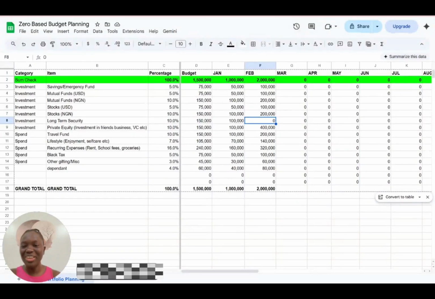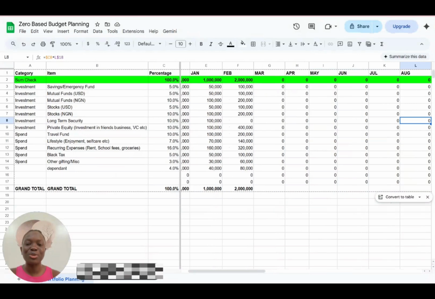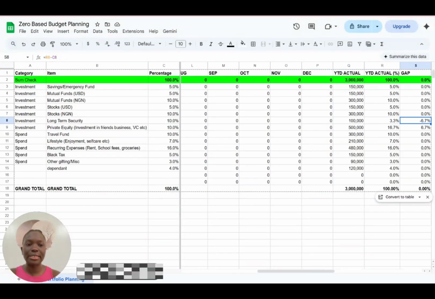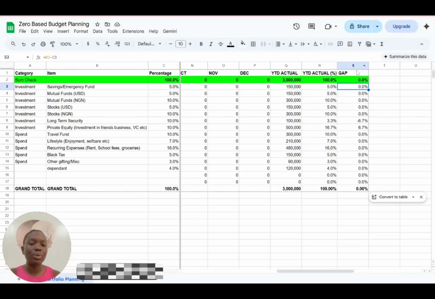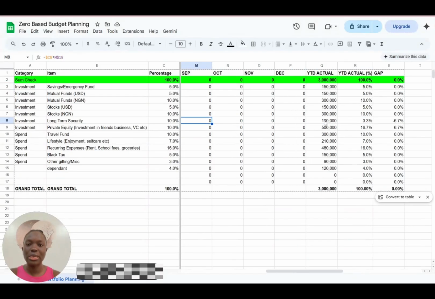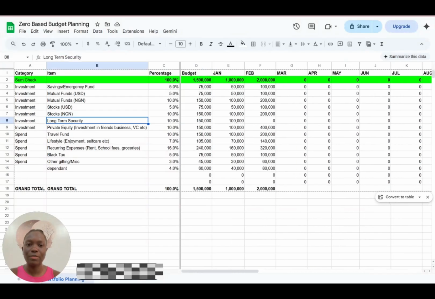You can also reallocate across spend, maybe from travel fund to lifestyle, and you pay it back next month. But make sure that you balance it out before the end of the year, such that at the end of the year, you have no gaps here. The gap column just helps you to check how you're keeping track, if there's any way you've reallocated and you need to make up for it.